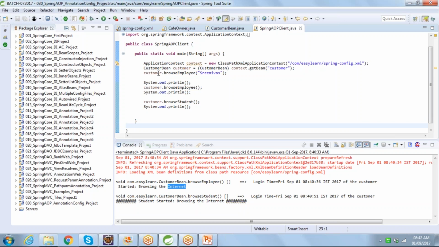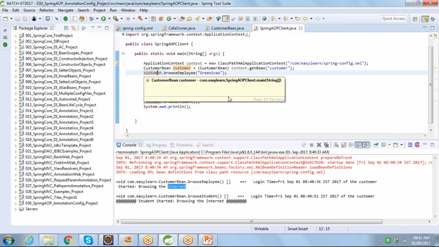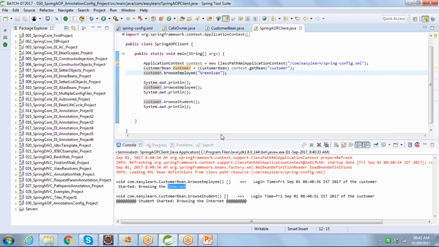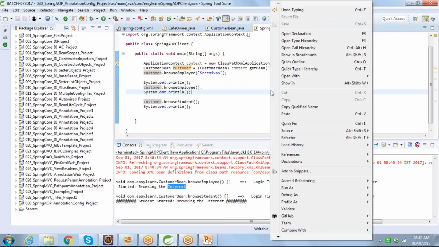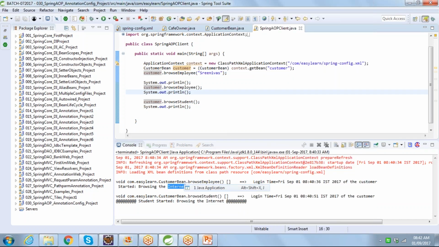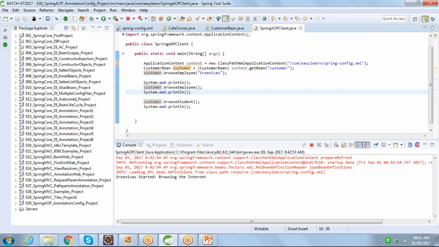So how many methods are you calling? One is browse employee by passing an employee name, another is browse employee without passing any name, and we have a browse student. And I want to apply AOP for all these methods. Now if I go to run as Java application, you see here,